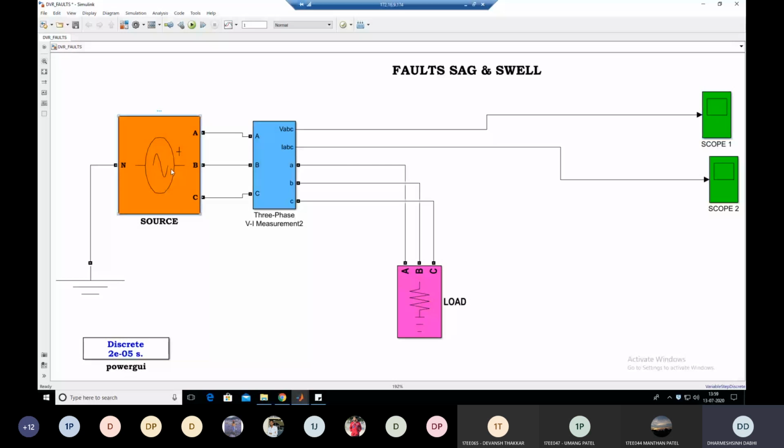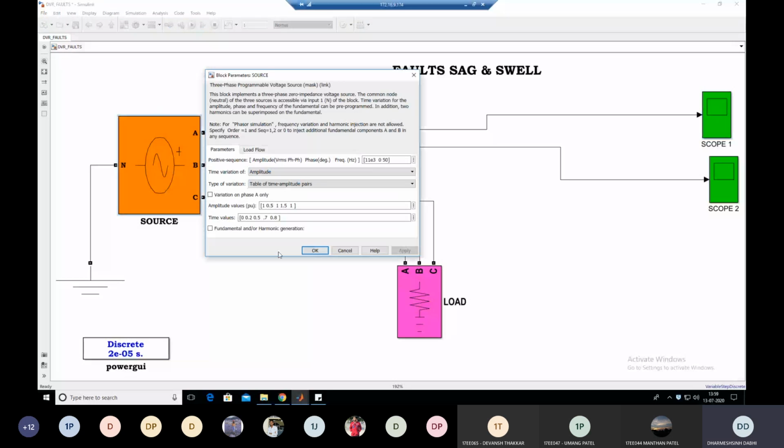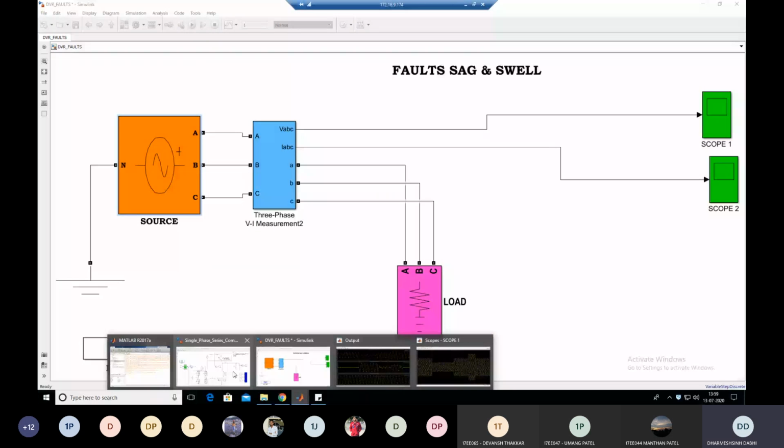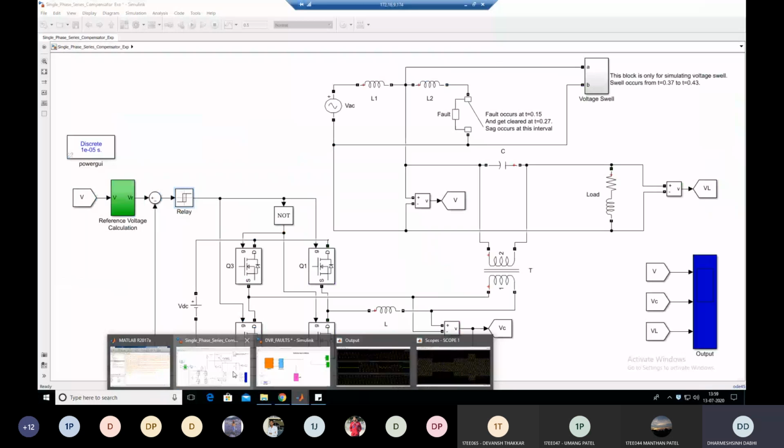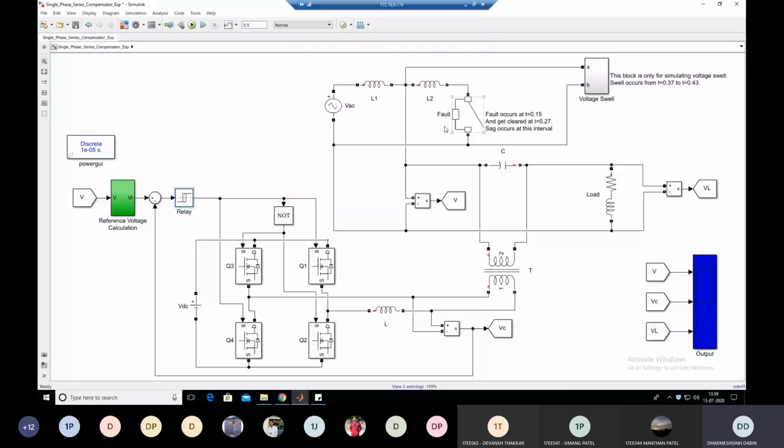You can see that. Or you can also simulate voltage sag and swell in a three phase circuit by using the three phase breaker, the same way as we have done here with this DVR. The three phase breaker is also available in MATLAB. So by using this three phase breaker also, you can create the sag and swell in a three phase circuit. So I hope it is clear the operation of DVR to remove power quality problems like voltage sag